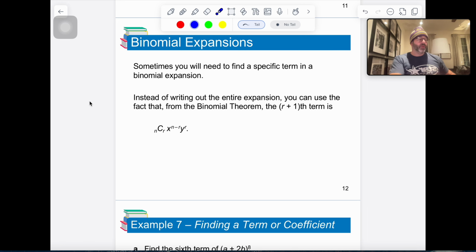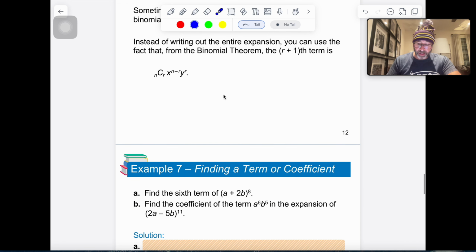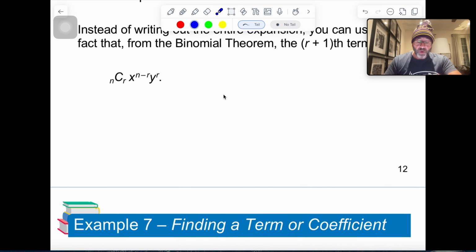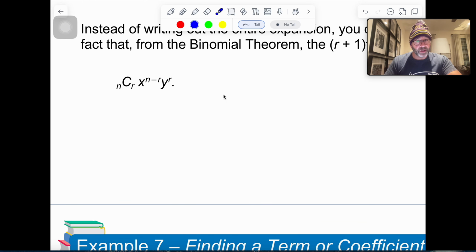Sometimes when we're doing these, we're asked to actually find a very specific value. So it might say find the third term, find the 15th term, find the ninth term, whatever it might be. And there's a little process that happens to these, okay? What we should recognize in the binomial theorem is that when we're saying you can use the fact that from the binomial theorem, the r plus 1th term is. So when we're saying r plus 1th term, what are we talking about? Well, this is that formula that was just up above in the yellow there, that nCr, x to the n minus r,